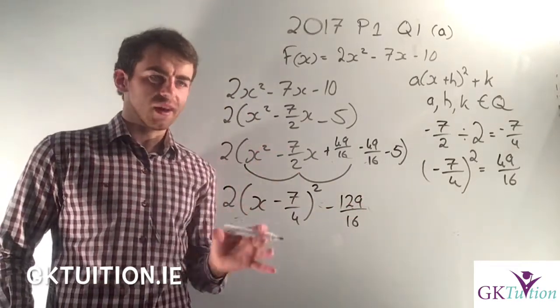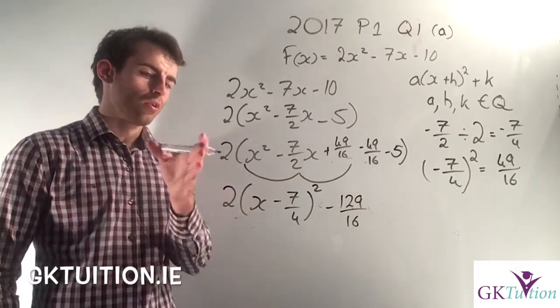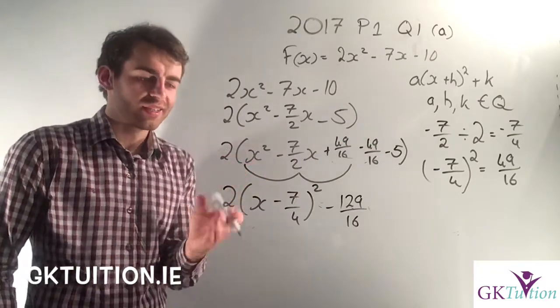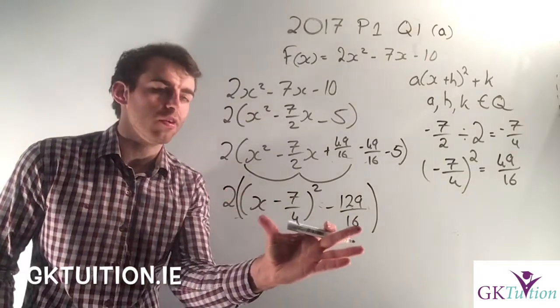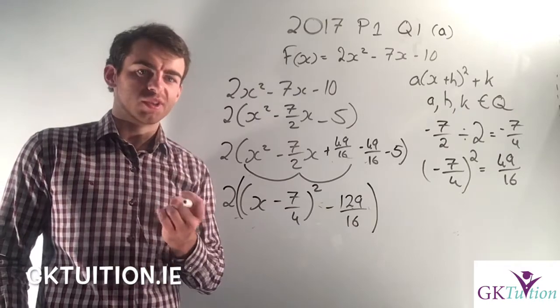But now this is the line that in 2017 a lot of students got caught out on. Because I want you to notice on this line it's 2 multiplied by the whole lot. So on this line it has to be 2 multiplied by the whole lot. So I still actually need another set of brackets. It's still 2 by all of this. And that poses a problem